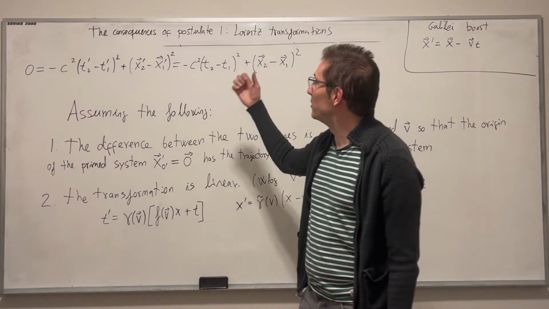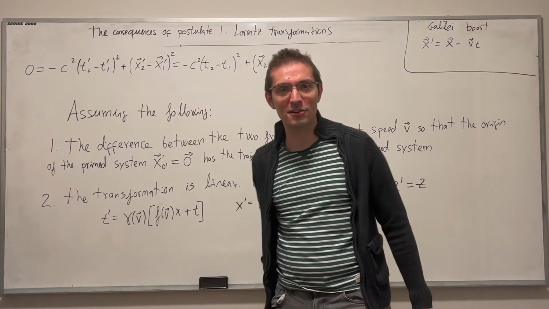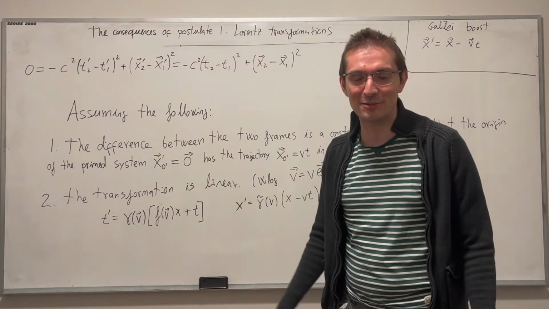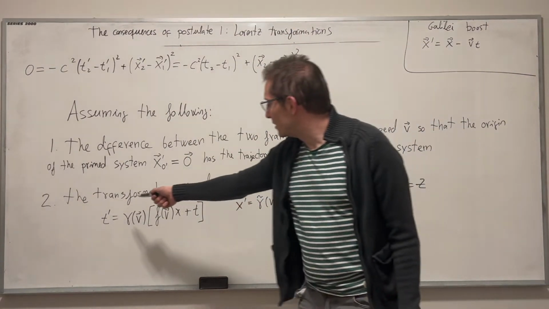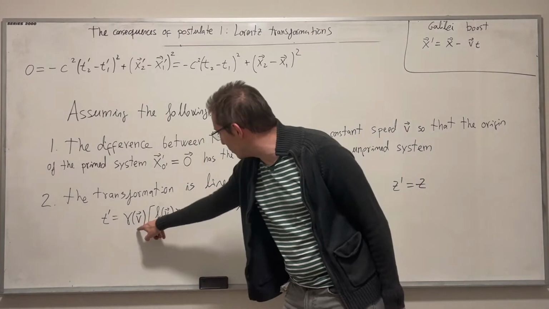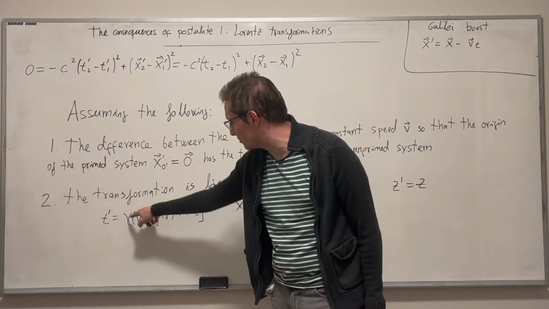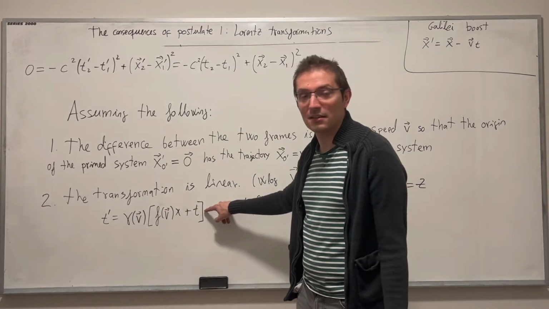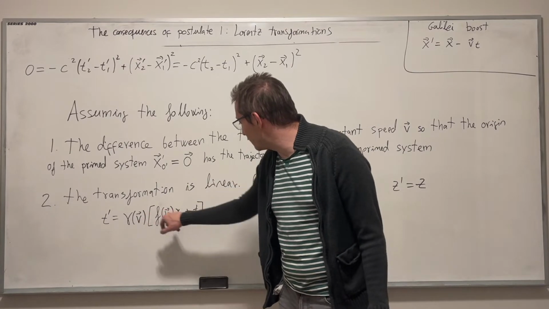I don't need to do that to derive this, it's just to simplify the calculation. You could actually do it fully and find the full Lorentz transformation, or you can just do it with one coordinate and then rotate to an arbitrary direction to get the general one. So I wrote t prime as some arbitrary linear transformation of x and t. You see that it's linear, one coefficient for x, which is the product of these two functions of the velocity that I write here, and one coefficient for t. They're independent, right? One is gamma f and one is just gamma.